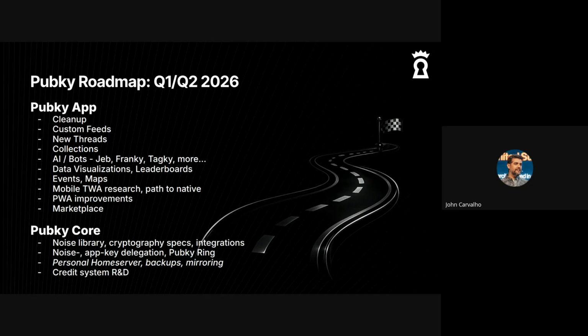Stumbled on this TWA concept. I'm not sure how far we can take that, but I want to look into it and see if we can just ship it as a web app. If not, we'll have maybe a longer term plan for some sort of mobile app, but it's just not in the short term cards at the moment because our biggest